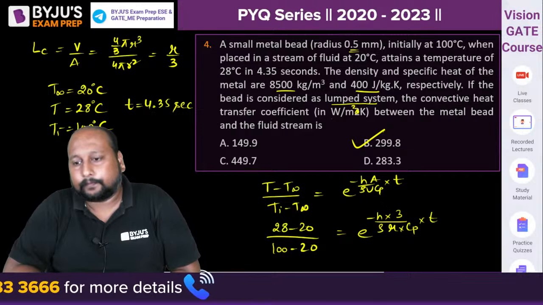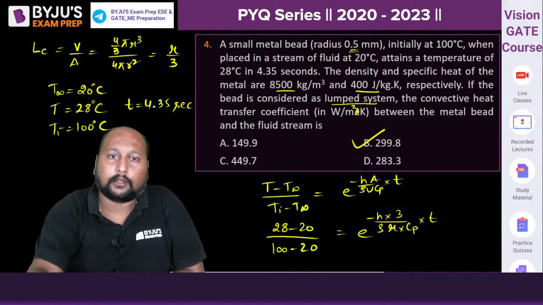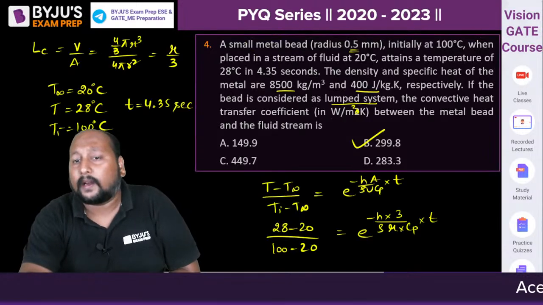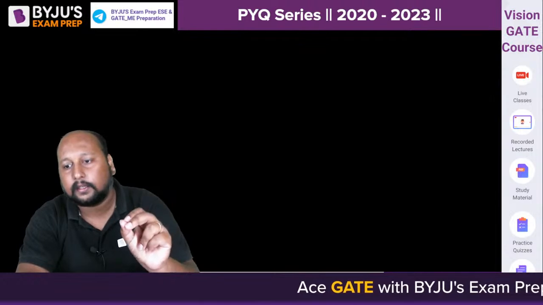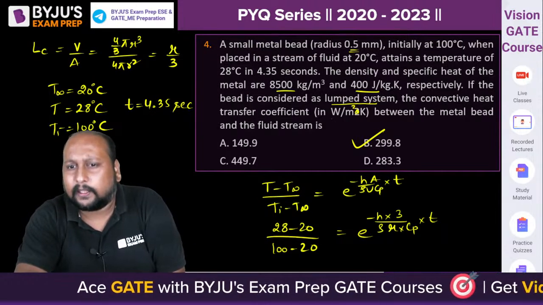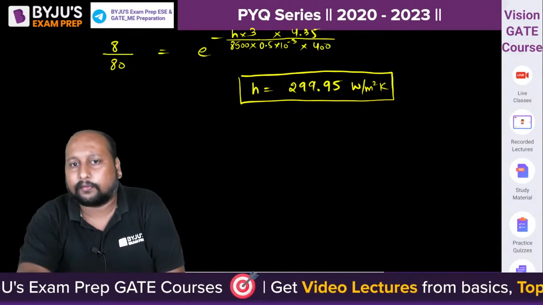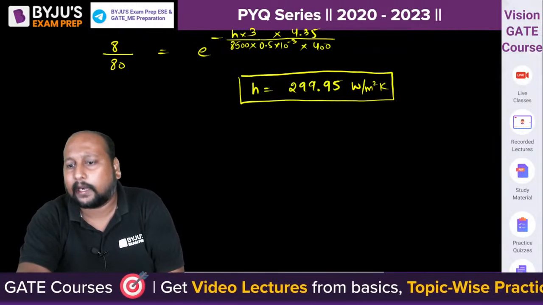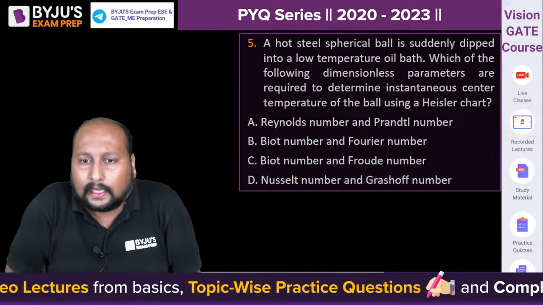Very good. Perfect. Option B correct. Done. Okay, next question. We will do it quickly. And this was a 2 marks question, guys. You just had to apply the simple formula and get the answer. Let's go. Very good. Vinod, you are getting 289. Please do check. I think you should be getting 299 because just now I've calculated in front of you. It is exactly 299.95. Okay, next question. Easy one.